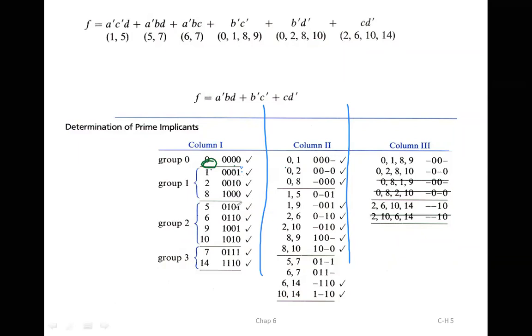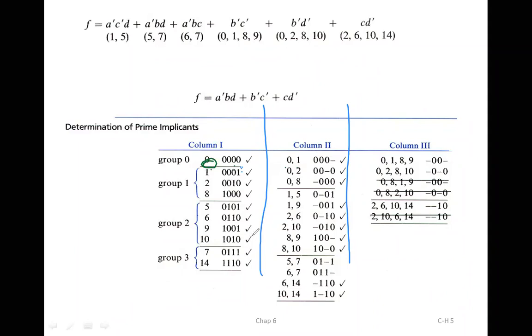2 with 5 you have to compare. There is bit change, so we cannot write. 2 with 6 if I compare, there is only 1 bit change, if you can see over here. So I can write 2 comma 6 and I can check the 6. Again, 2 with 9 I have to compare. Many bits are changing, so we cannot use it. 2 with 10 if I compare, there is only 1 bit change, which is nothing but the first bit, 0 and 1. So 0, 10 means I can check the 10 also.